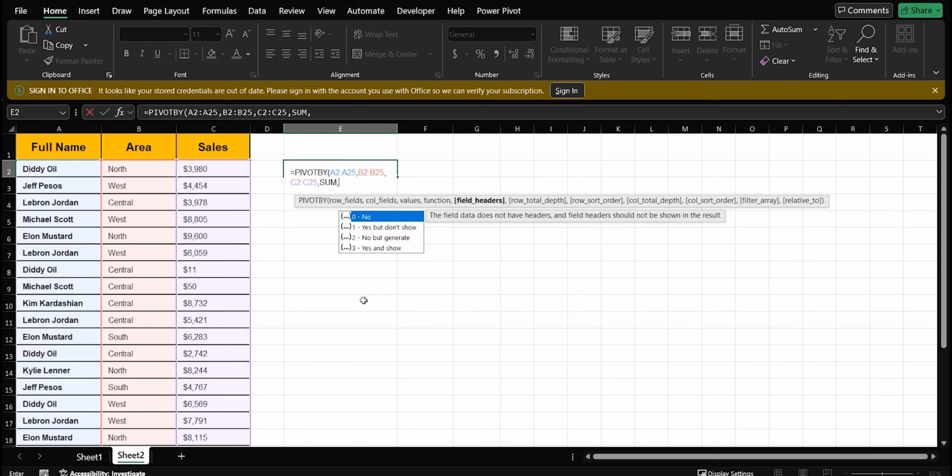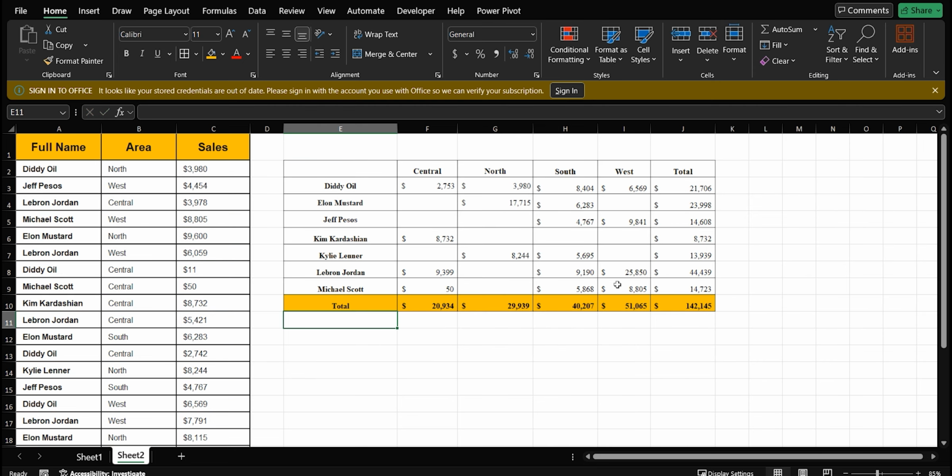Enter 0 to hide the headers, 1 to show the grand totals, and another 1 to sort the rows in ascending order. And that's it. Press enter. In just 1 second, we got the